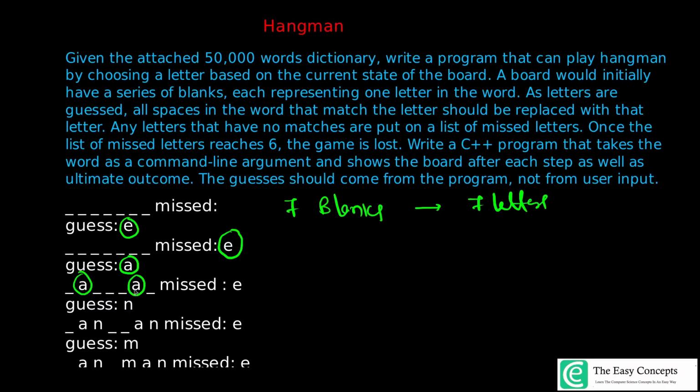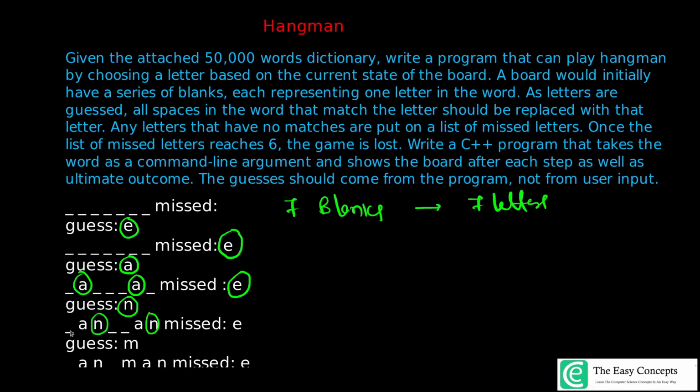So we are saying luckily, but actually you have to create a program that can do this. It will not be luck. It's actually dependent on the frequency of the letters or probabilities of the occurrence of those letters, right? So there is only one miss till now. Now you are guessing another letter and that is N. Now you can find out N is occurring 2 times in this complete word, right? So all spaces in the word that match the letter should be replaced with that letter. So you can see 4 letters are replaced. Now only 3 spaces are remaining.